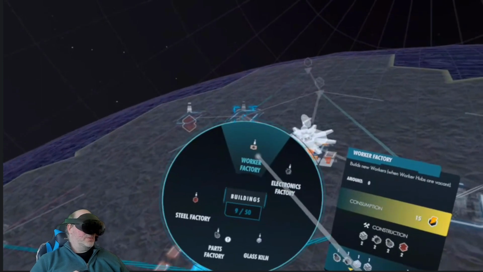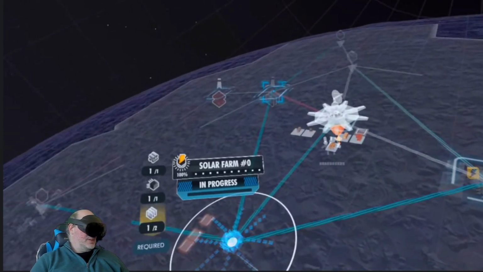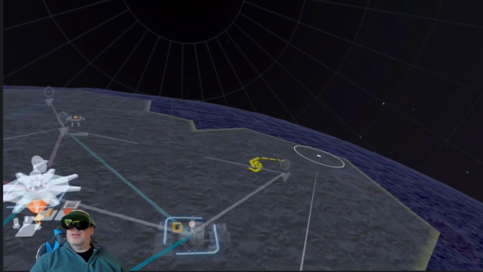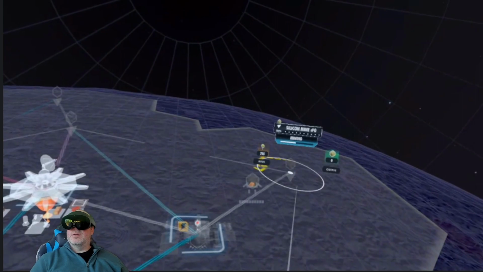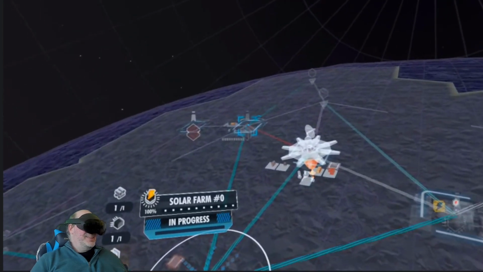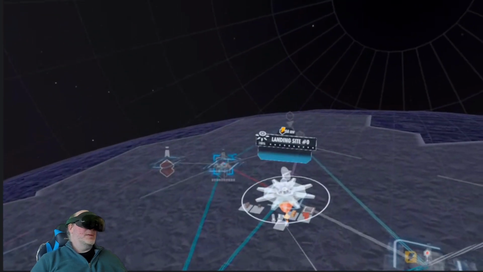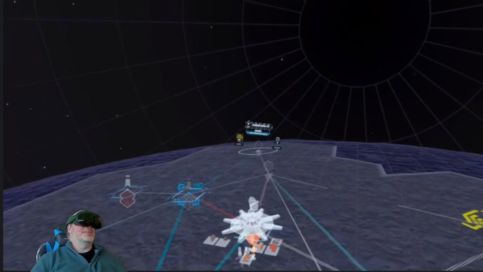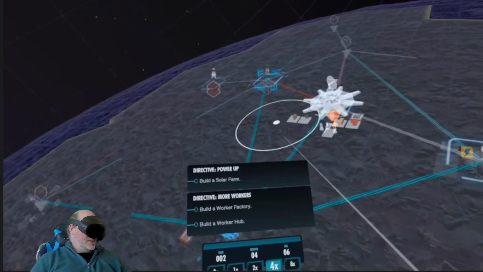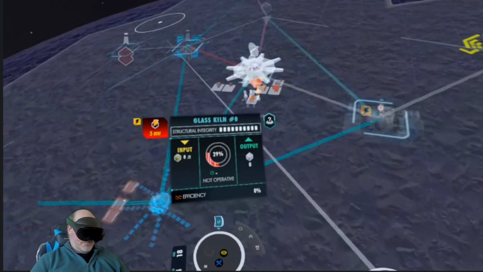So I want to do worker factory. We can't do that until this hub is finished. We still got to finish this before we can get that operated. So we've got the output here of 1. Hopefully that'll go over here eventually to finish up the solar farm. There's so much going on right now. We're building the solar farm. I want to see...